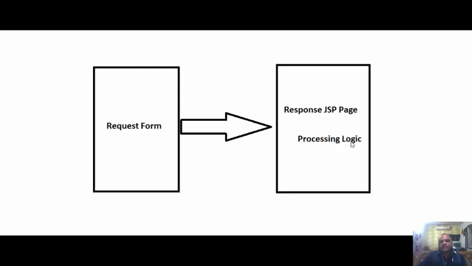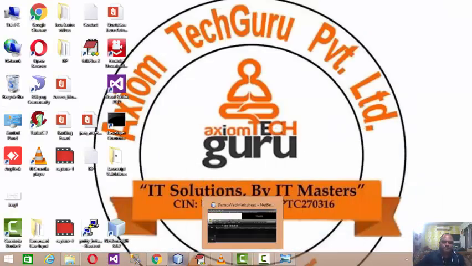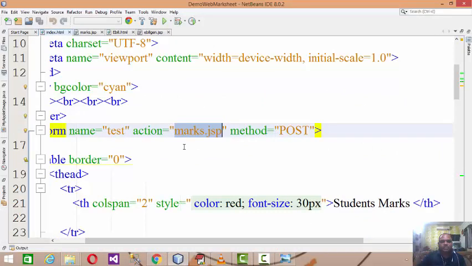Once the data is posted to the server side response page, in the first phase it will read all the data by using request.getParameter, and after reading that data, the second phase is that it is going to process that data, because the server has to develop the response for the client. It will process that data and then develop the server side response. Hope that by understanding these two examples of generating a mark sheet as well as the electricity bill for the consumer, the concept of request response and developing the server side logic for the client will be clear to you.